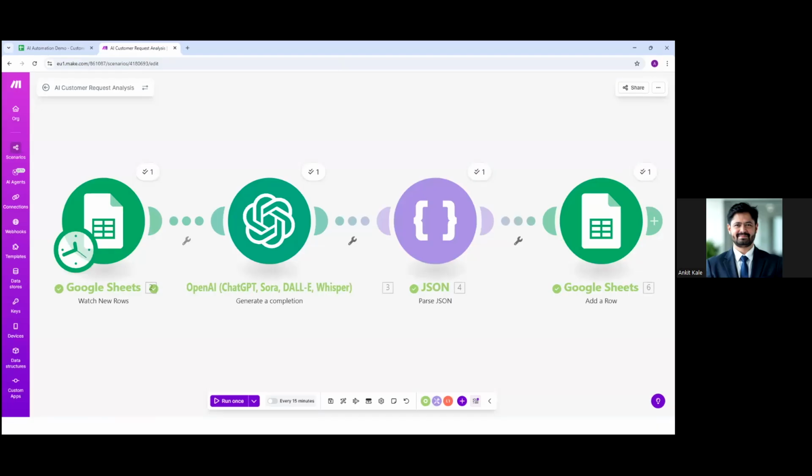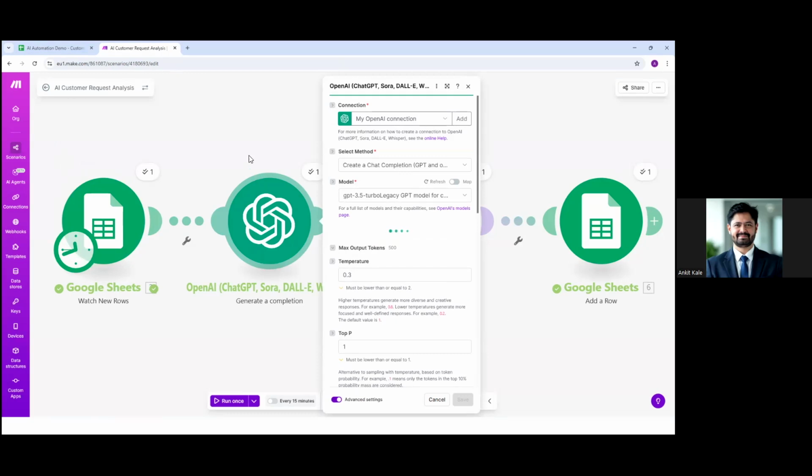Now what is happening in the backend is there are different connections which I have created using the no-code tool, Make. The data is coming from Google Sheets. Then this data is being analyzed over here. I have used OpenAI, I mean ChatGPT, in the background, and it is not just analyzing.